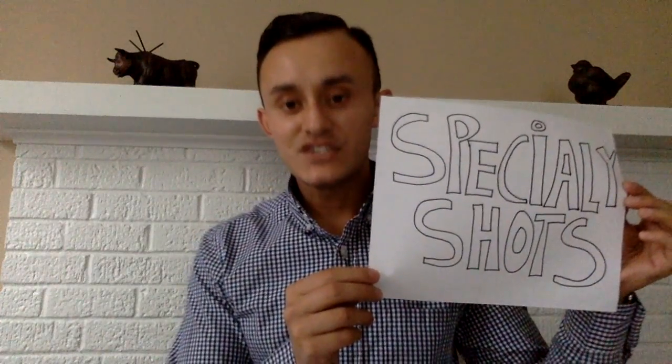These types of shots are called specialty shots. Specialty shots give the camera a more versatile use, and you can create different types of feelings when you use these types of shots. The first shot is called